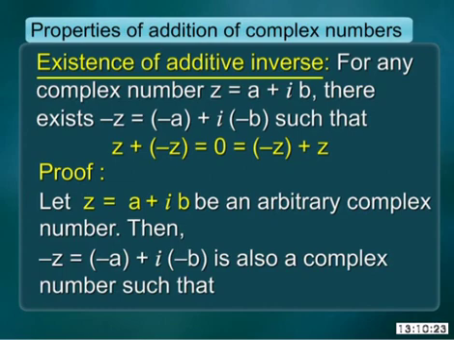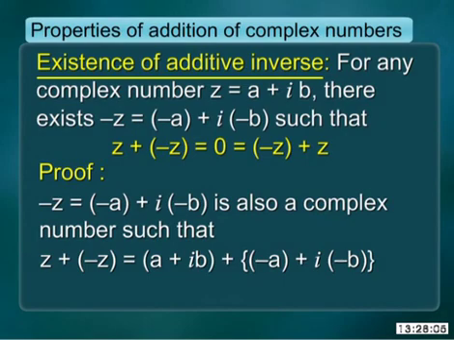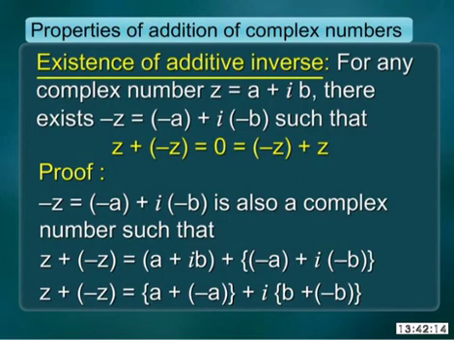Then minus z is equal to minus a plus iota into minus b is also a complex number, such that z plus minus z is equal to a plus iota b plus minus a plus iota into minus b, which is equal to a plus minus a plus iota into b plus minus b,